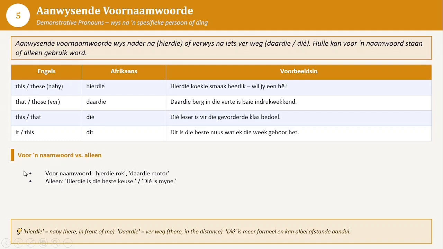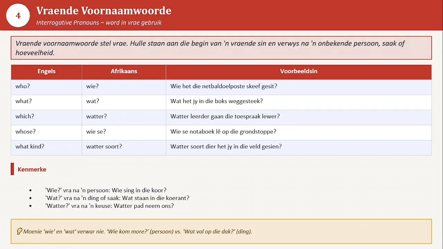So, and it says that it's in front of maybe a common noun. So hierdie rok, so the rok here will be the common noun. Of daardie motor. The motor is going to be a common noun here. All right. So I think this one is very, very straightforward. If it looks like it's talking about something specific, keywords are hierdie, daardie, die, and dit. Okay, it's just about spotting it in the sentence. So I feel like this one and vraende voornaamwoord, the one we did before that, it's the same kind of vibe because you can pick it up just by spotting it in the text.